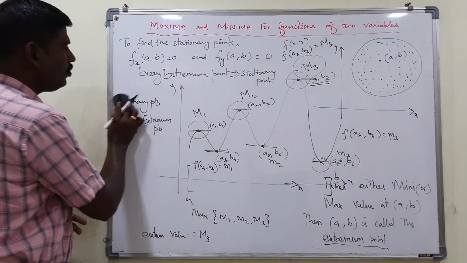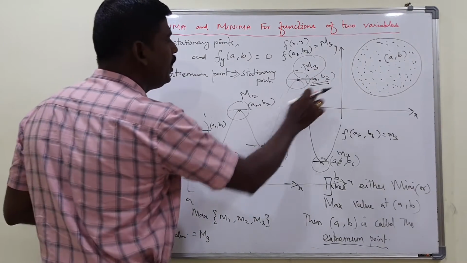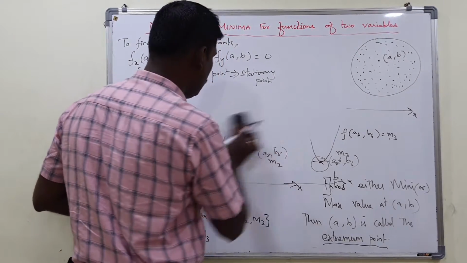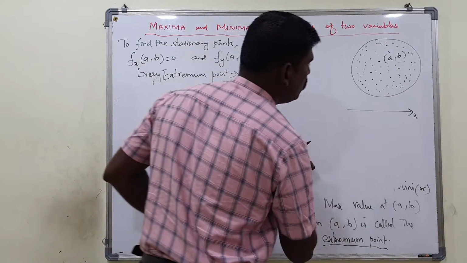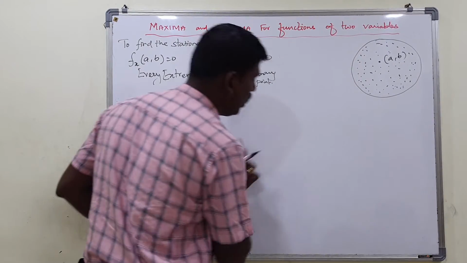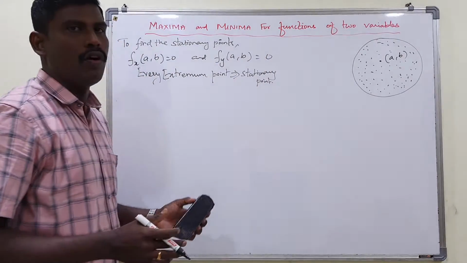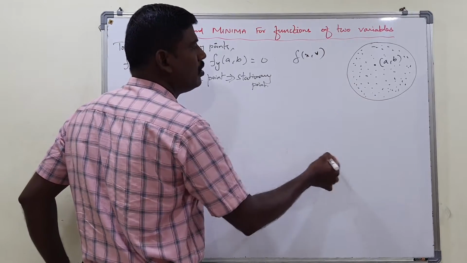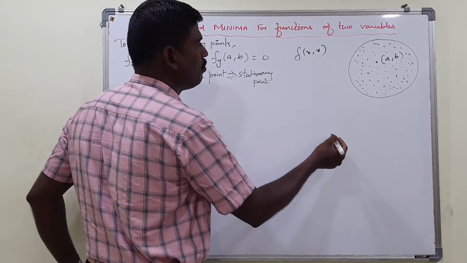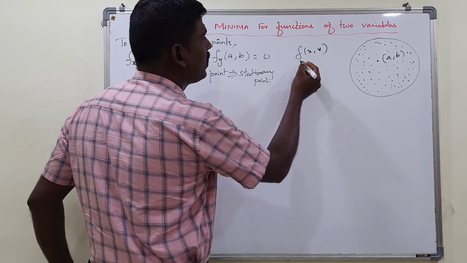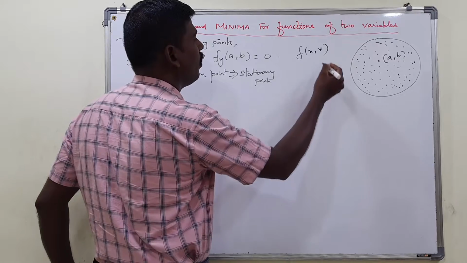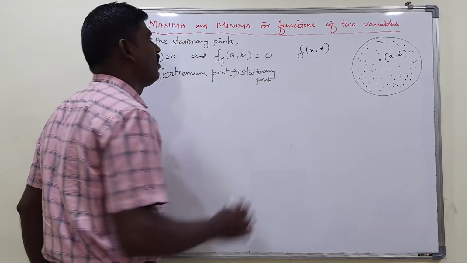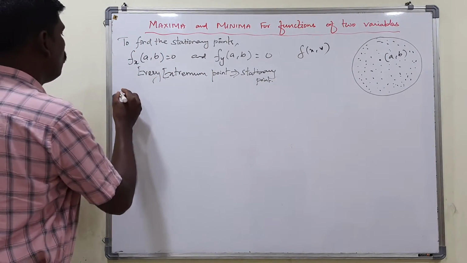Before finding the values, we need to find the stationary points. How to find them? By equating fx = 0 and fy = 0, we can get the stationary points. Among the stationary points, substitute all of them into the given function f(x, y) and compare the values to find which is the maximum, that is the maximum point. Or f takes the minimum at some point, and that point is called the point of minimum. That's all.